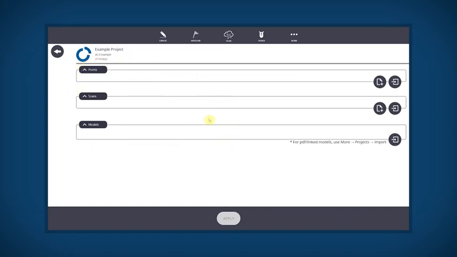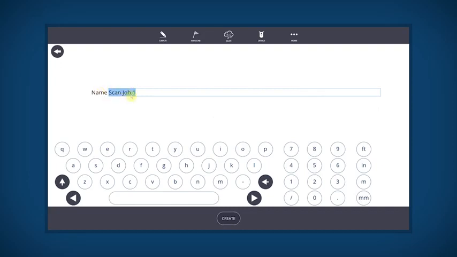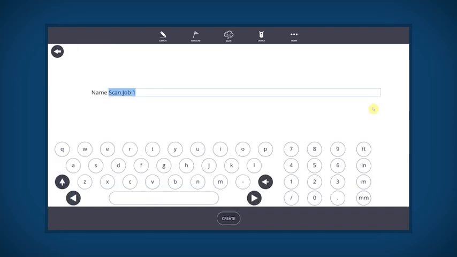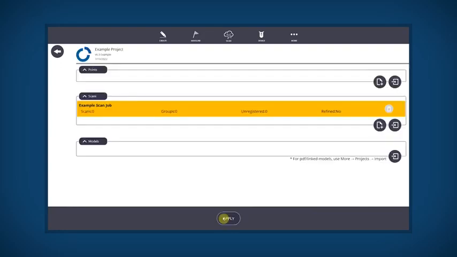And the reason we call it our Jobs menu is because when we go to click on the Add button over here under Points and Scans, it's going to have us create a job. So we're going to call this our Points job and our Scans job. And then we can also import our models. So I'm going to start off by importing some scans from my example data folder. I'm going to create a job. I'm going to call this my example scan job. It's going to tell me how many scans I have, how many groups, how many are unregistered, and if it's been refined. Okay, so now that I've created my job,